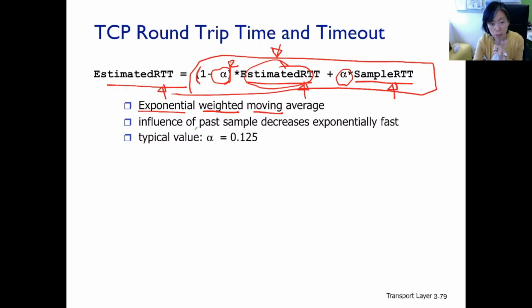So the influence of a past sample decreases exponentially fast. By the way, alpha is only 0.125. That is because we don't want to weight too much on the instantaneous RTT, otherwise it will also fluctuate, not exactly smooth.